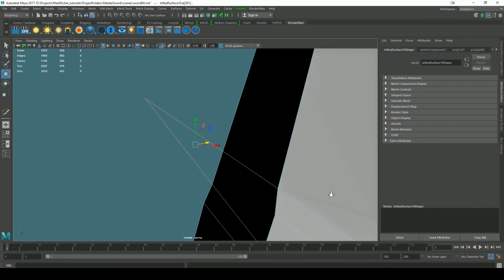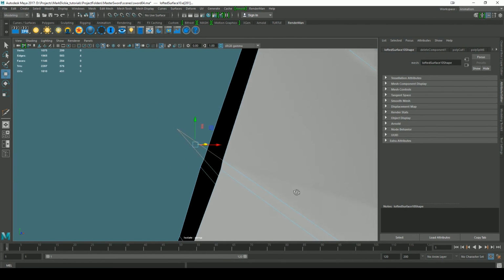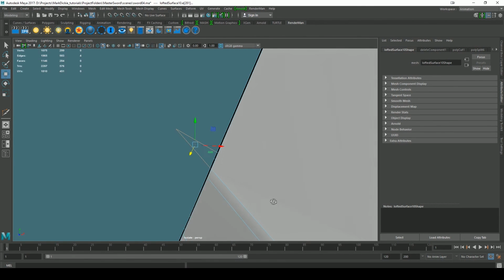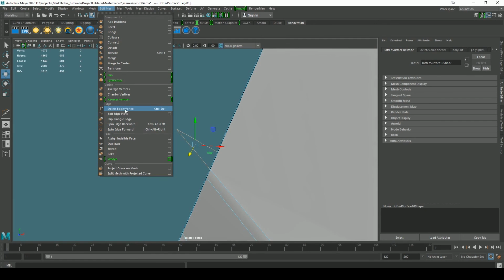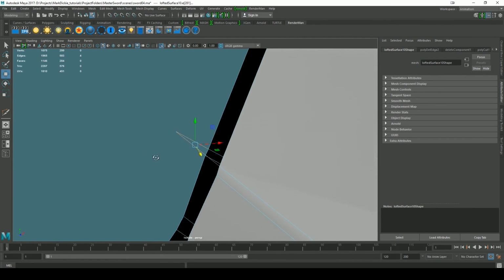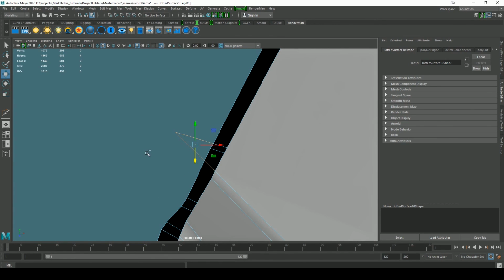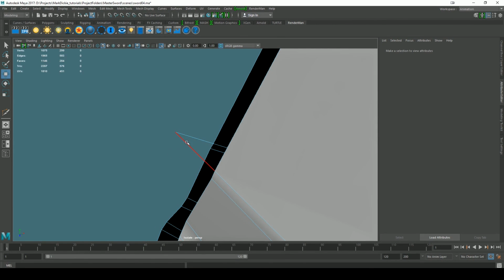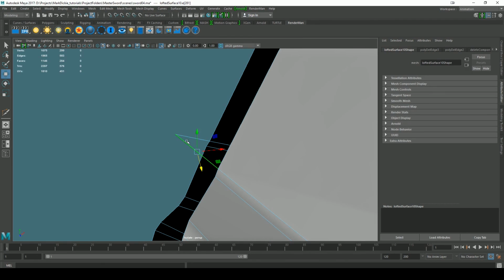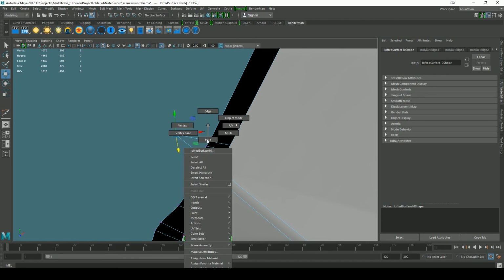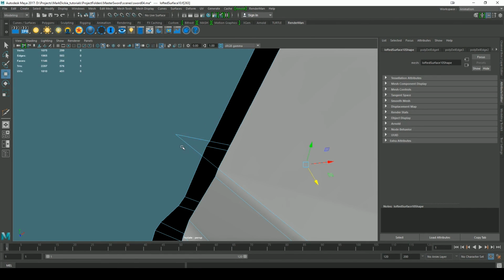So I focus in these two edges, and I'll hit Control and Delete on the keyboard, which is the keyboard shortcut for delete edge vertex. So Control and Delete. And click on those. It's actually not worked. What's happening here? Let's go into vertex mode. So I think what's happening here is if I go into face mode and drag select those,